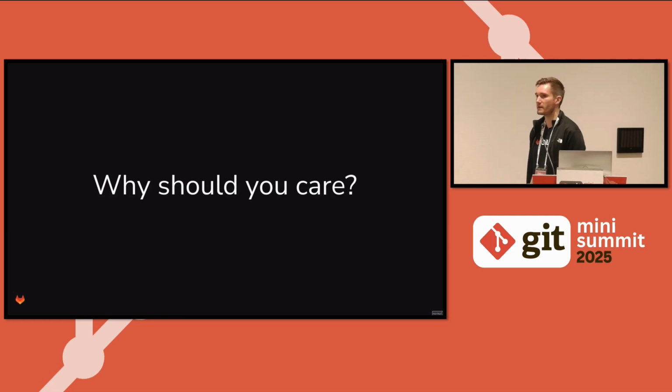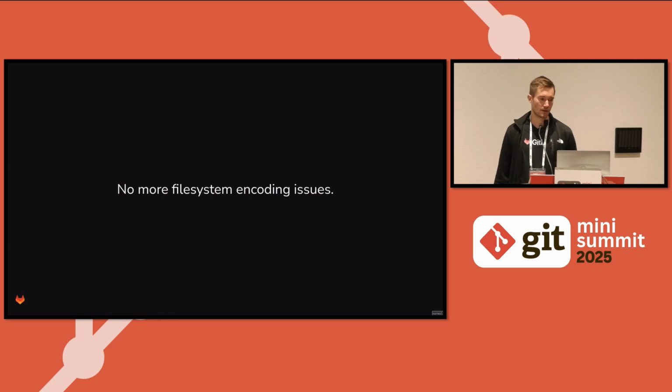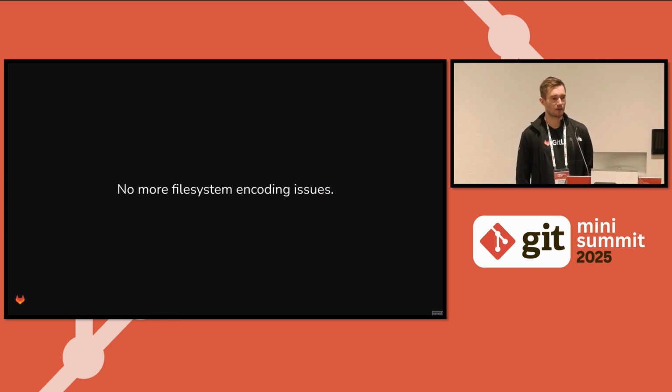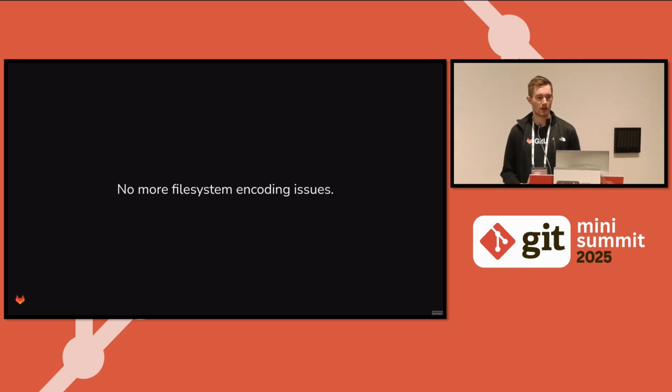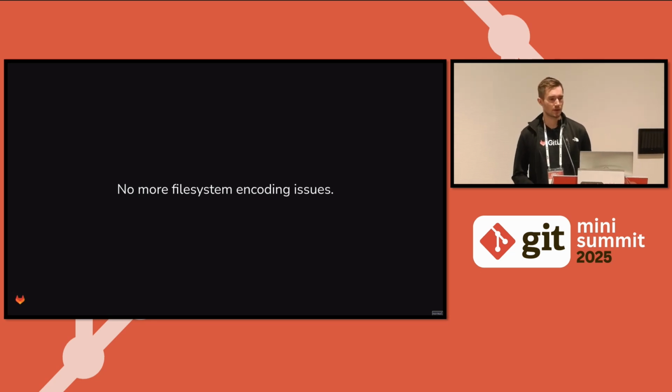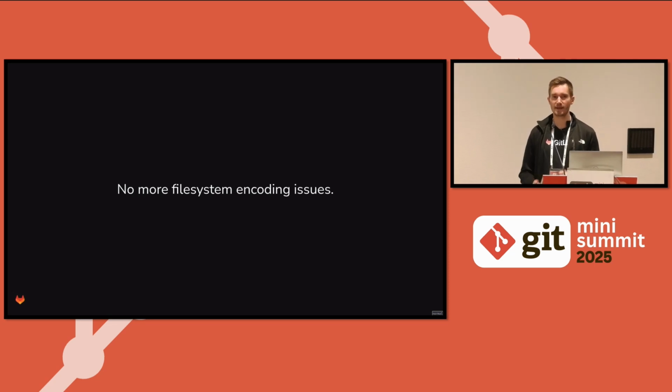So with all of this, there's one more question. Why should you actually care about reftables? With the files backend, we were subject to a lot of specifics of the file system. Reference names are derived from the path names, which generates various different issues. You cannot, for example, have references that differ only in casing on case-insensitive file systems, like, for example, HFS Plus